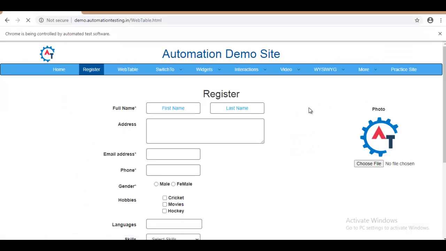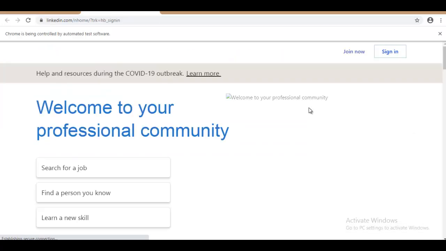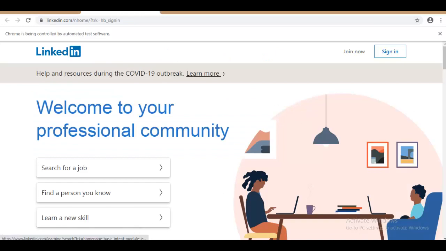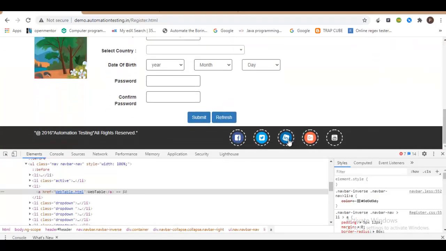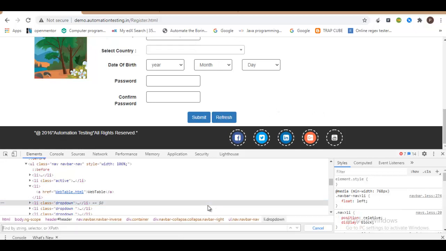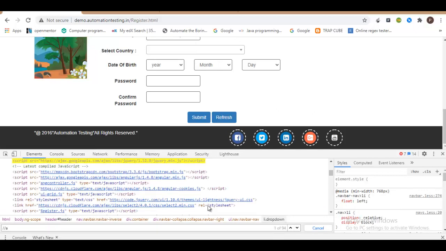After clicking on the web table, it picks the hyperlink that is there at the 4th index. If you come to this web page, you have Facebook buttons and Twitter buttons and all. Let me see what is there, a of 4.